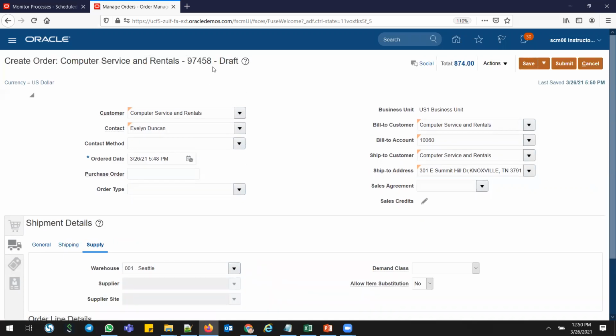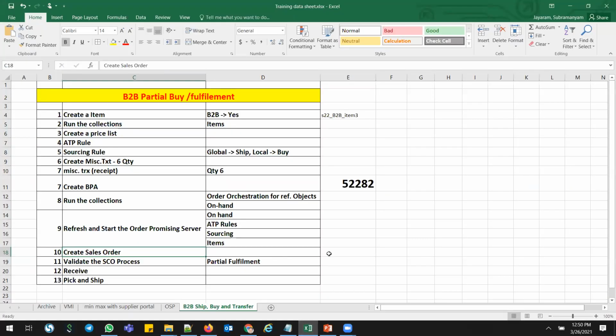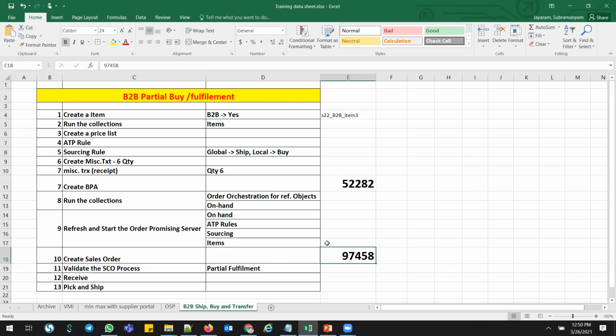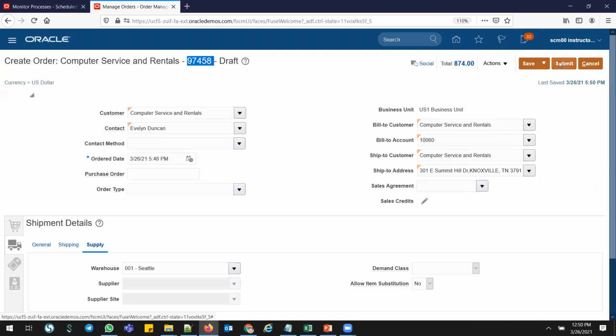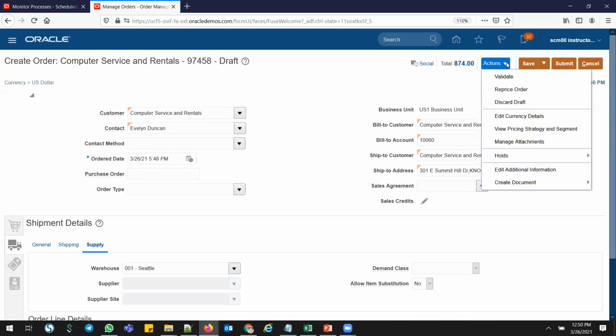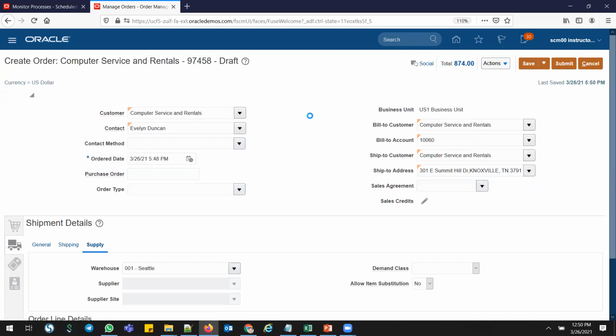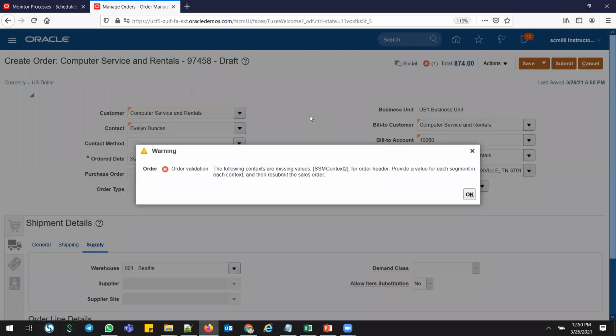This is my order number. Let me note down my order number here. The big number and the small one. Order number, and click actions. This is validate. Oops. Yeah, the following context is missing the SC.